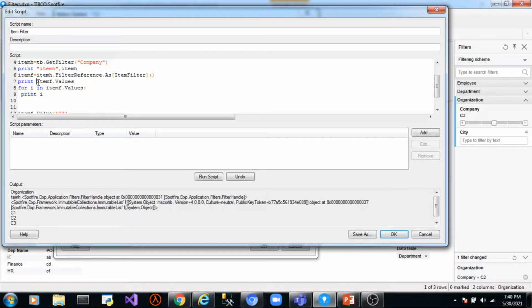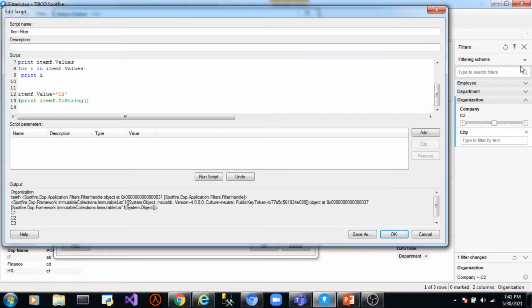Now to access each value, we need to loop through this collection, which is what we have done here. We have printed the values here, but we can do other operations on them as well. Suppose we need to pass this value to some other filter, or use it in some other visualization or calculation, we can use it.